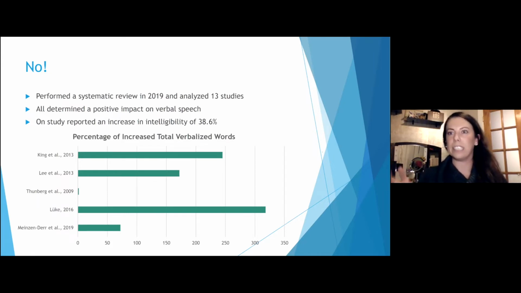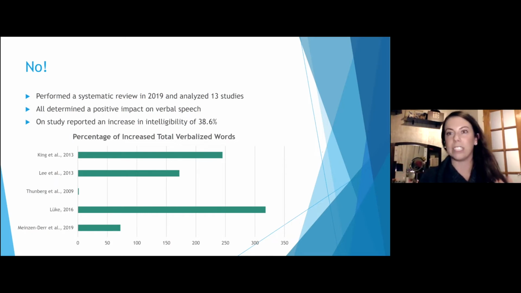If I understand 2 from the 10, then that means that they have 20% intelligibility. If I understand 8 from the 10, okay, there's about 80%. I'm going to understand 80% of what they're talking about. And so the fact that they grew from, I believe they started at a 2, I'm not entirely sure, all the way to 40% intelligibility just from implementing a device.